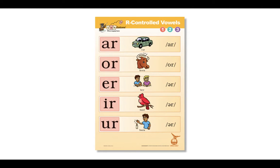Yesterday, we learned about something called R-controlled vowels. Let's review them all together. A-R, car, R. Now you try. O-R, horn, or. E-R, her, I-R, bird, U-R, burn,